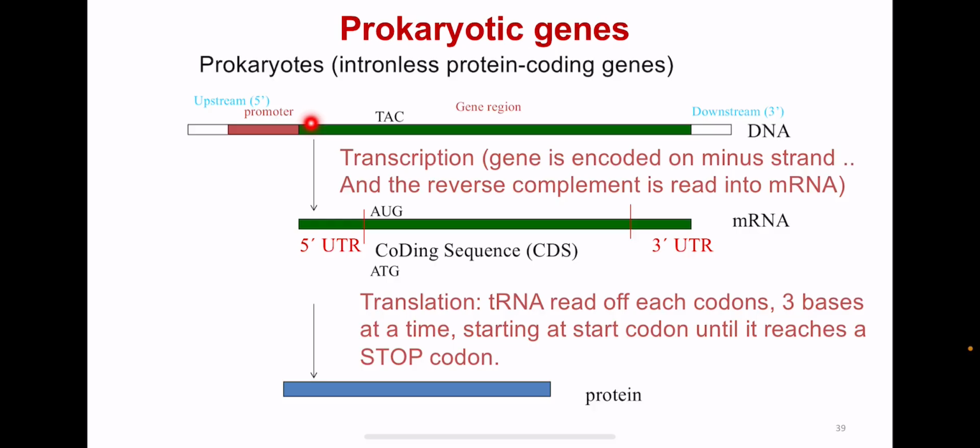So there might be a case where the start point for the gene will not be the start codon, so we have to read along the gene till we get to the first start codon. So assuming we find the first start codon somewhere here, the whole of this place is not going to be transcribed until we get to the first start codon, and the start codon is AUG. Until we get to an AUG sequence, we are not going